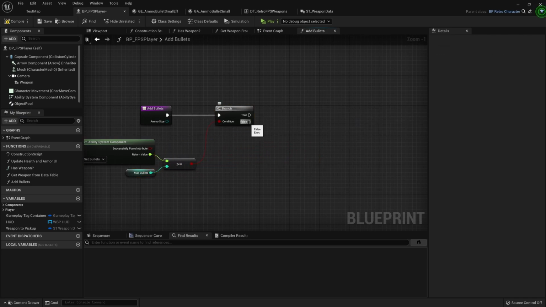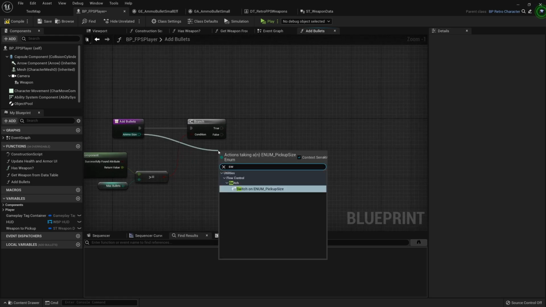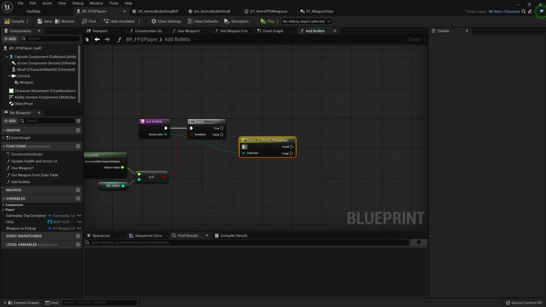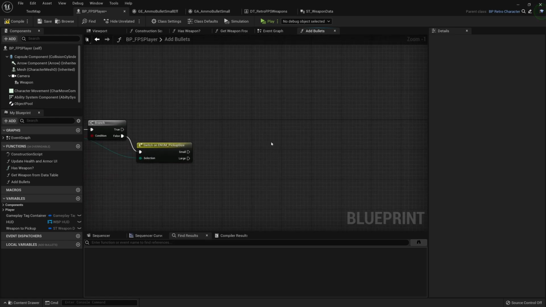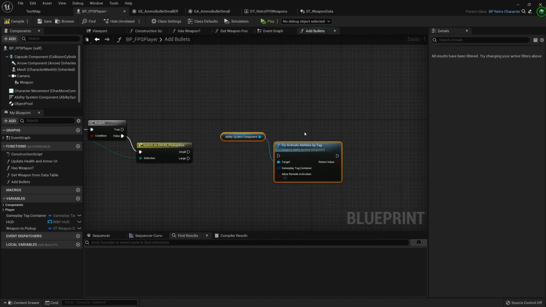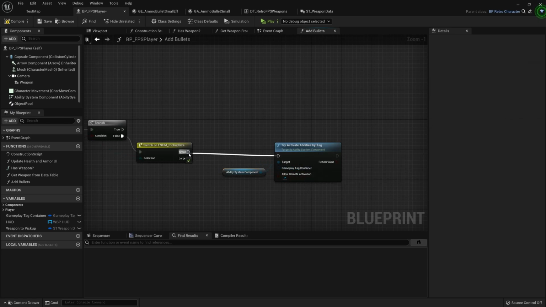But if it's false, meaning it is not, then we'll want to switch on the pickup size to determine how many bullets will be added. And if it's small, we need to specify how that's going to be fired. So the thing we're wanting to do is try activate ability by tag. So we'll have to create a tag to fire the ability. So we'll just hook this up for now.